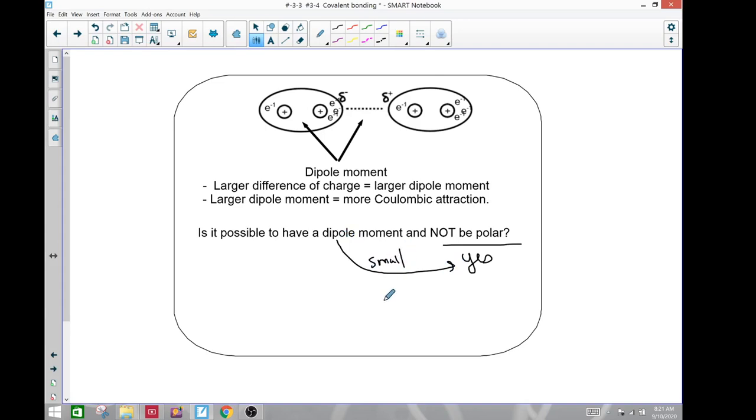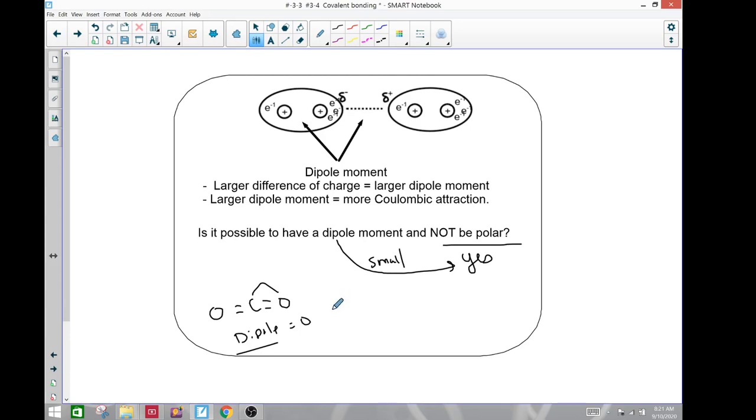Okay. Lots of times you might see something like this, carbon dioxide. It looks like that. It's symmetrical. So some might ask, is there a dipole moment here? Well, you have a polar bond here, but because you're symmetrical, your dipole moment is 0. So there's a few ways you could word this. Essentially,